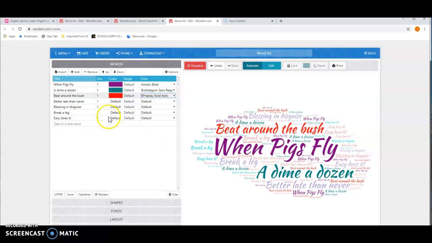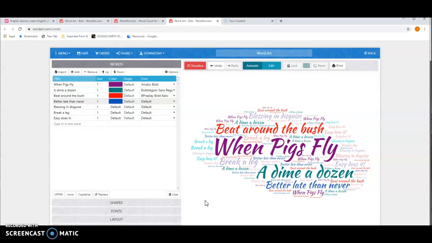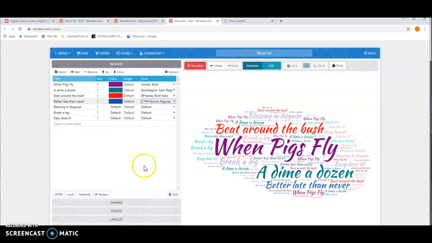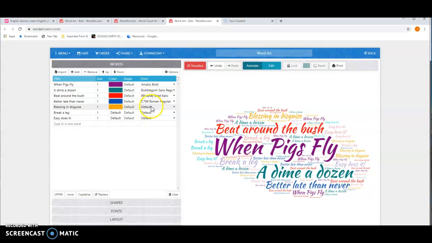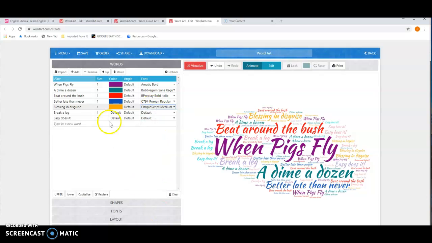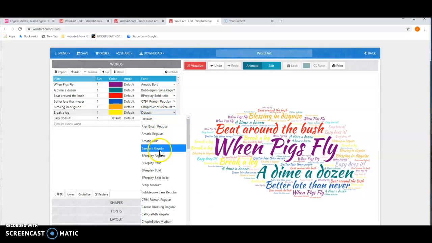And you don't have to. But if you want to change it up a little bit, then you can. Okay. We'll apply that. You can mess around with some different fonts. You can mess around with color. You can make it your own. The cool thing that I'm going to show you here in just a second is if I really wanted to personalize this, then I could go and I can actually change